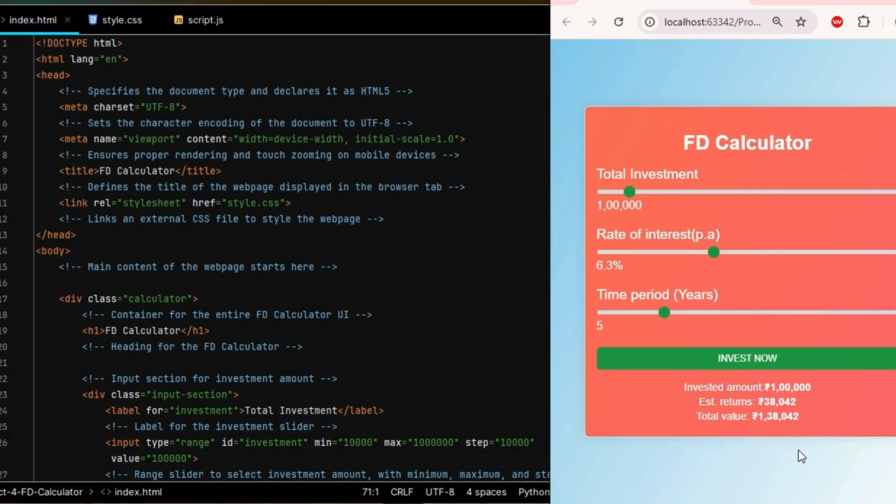Let's keep learning and growing together. So first of all, come to the source code. Let me explain the HTML part first. The doctype is HTML, and the HTML lang attribute is English, which specifies the document type and declares it an HTML5 version. It also sets the character encoding of the document to UTF-8 using a meta tag in the head section,